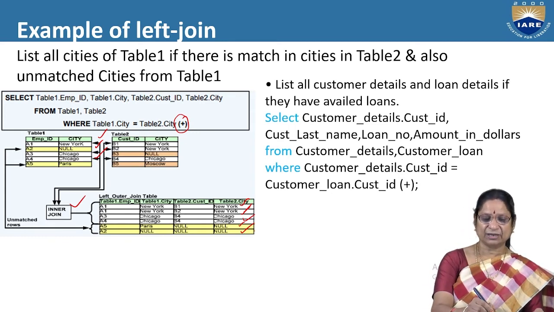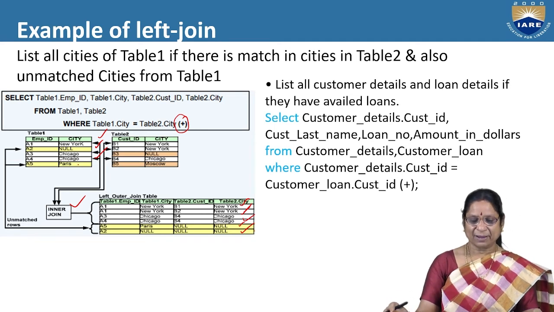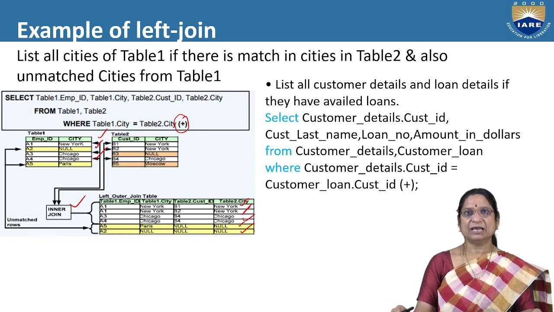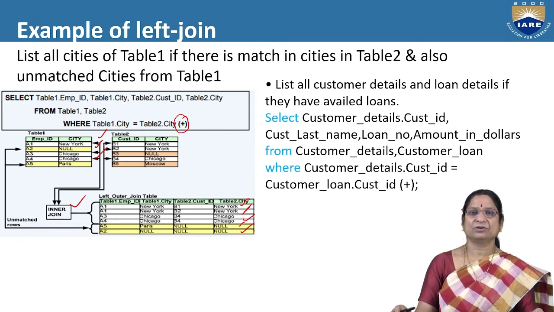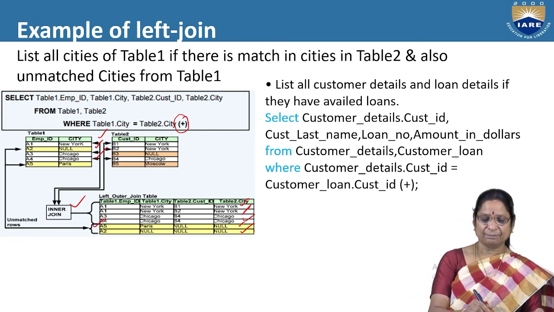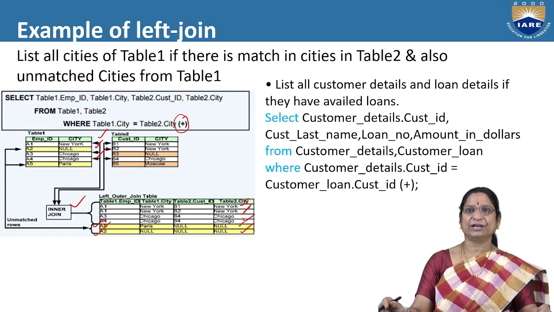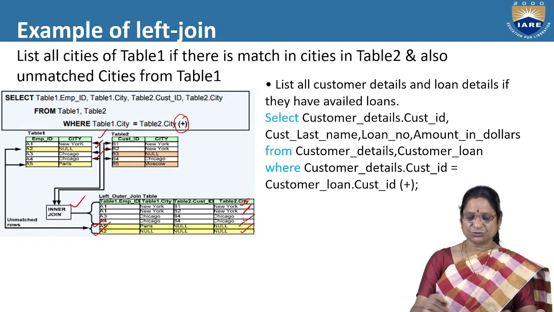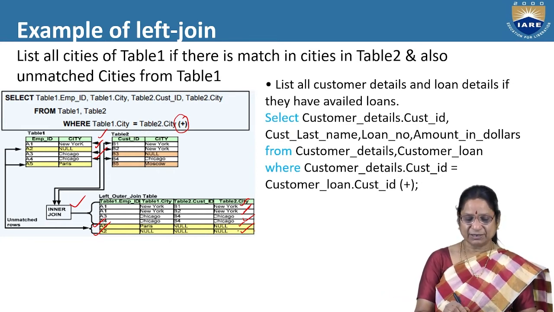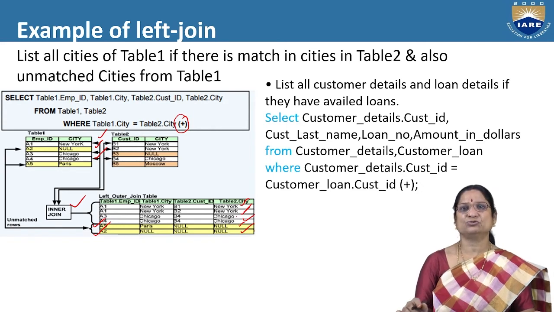But what is outer join? You observe here, for the null value and for Paris also, for the null value there is no match, as well as for Paris there is no match. I have to include this Paris and null. That is, I am including all, you observe here. That is, A2 and A5 are also included, for which there is no match, no. So table 2 customer ID and table 2 city will be null for these two.